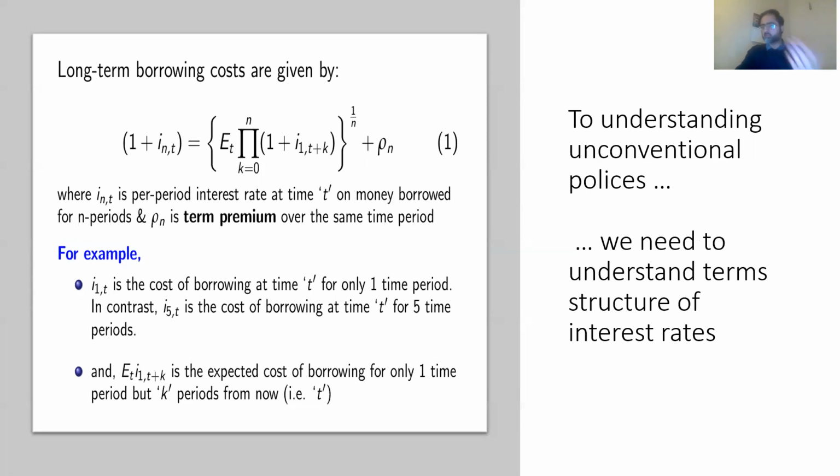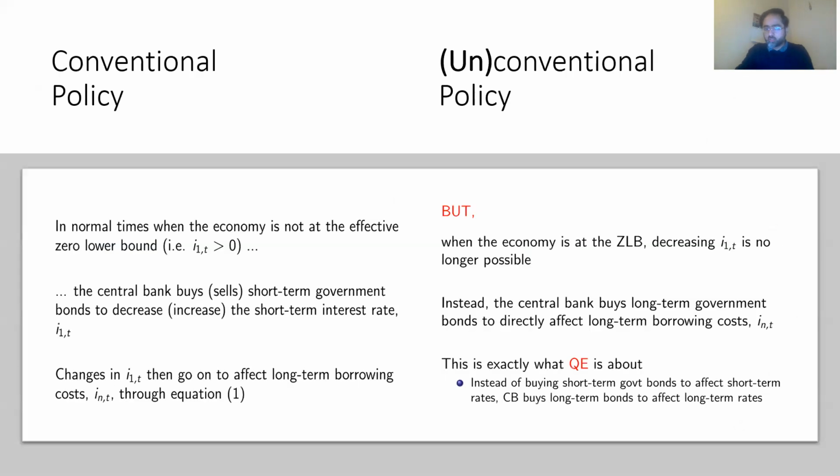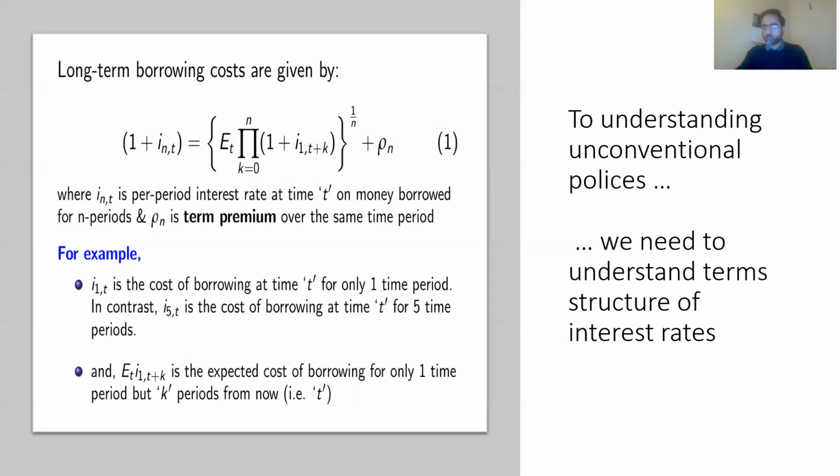The central bank does a very simple thing. There's nothing new there. What the central bank does, and this is normally referred to as unconventional policy, is that now, because buying short-term government bonds is not going to help lower the short-term interest rate, and therefore it's not going to help to lower the long-term borrowing cost, the central bank